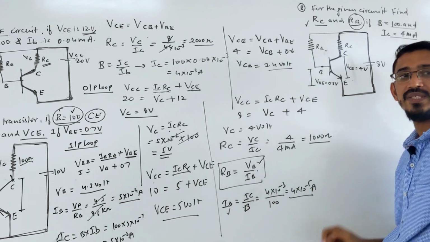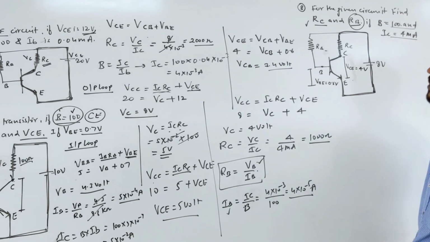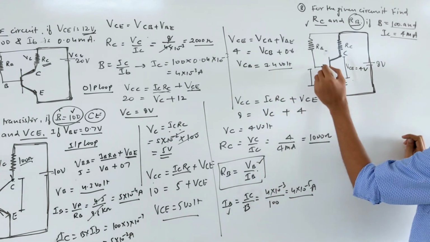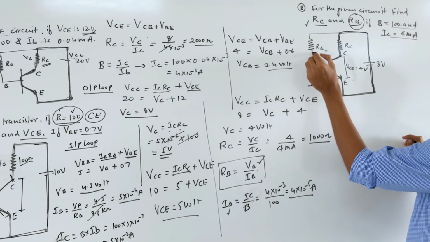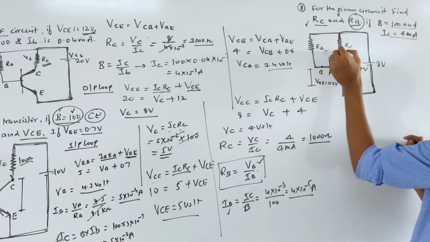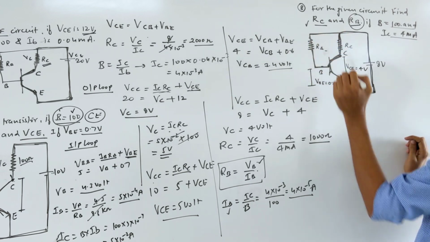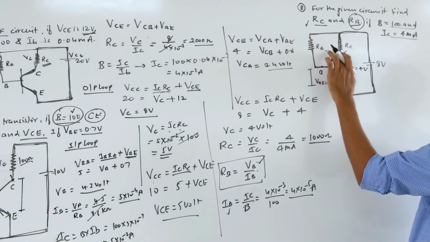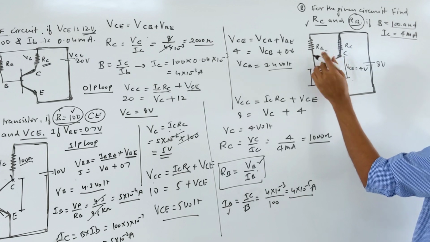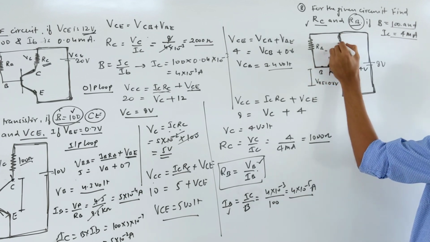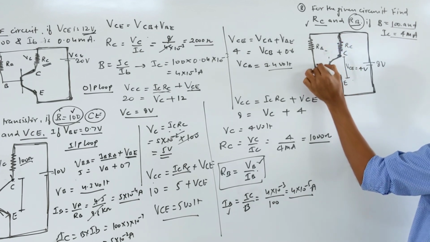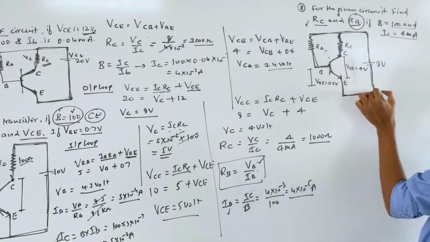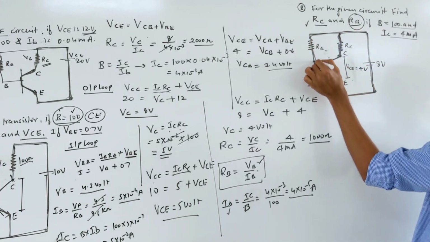Now we need voltage VB. So let's talk about this input loop, this small loop, with RB resistance, RC and this junction only. Don't take this, because we don't have a battery here. We take this big loop now. Now the use of the big loop is coming. You start from here, go here, come here, and come back here. This is the big loop.